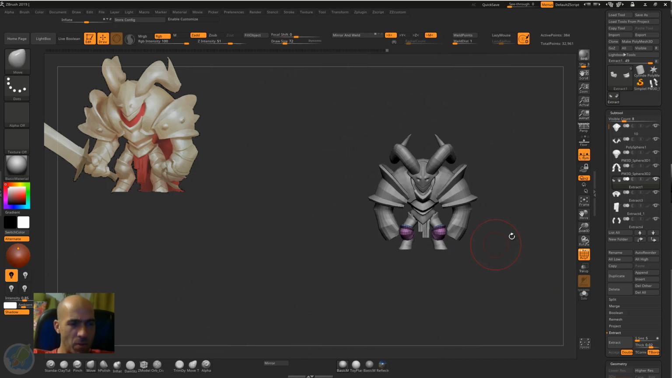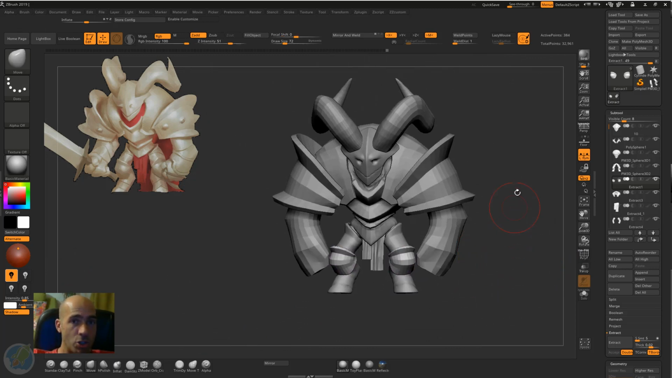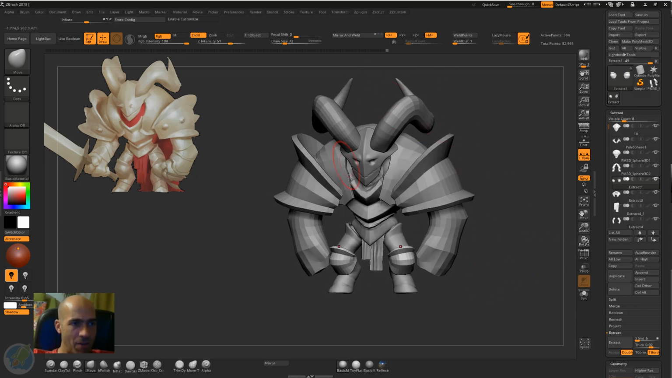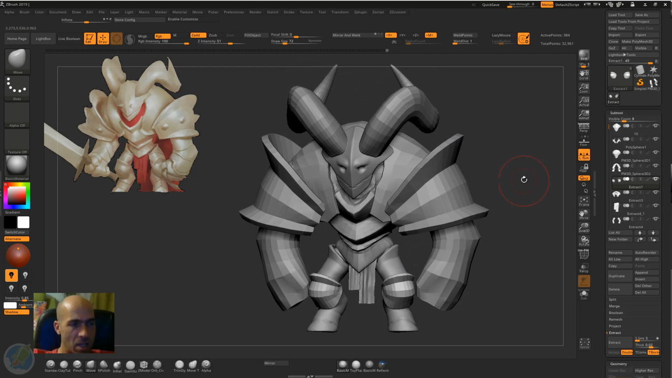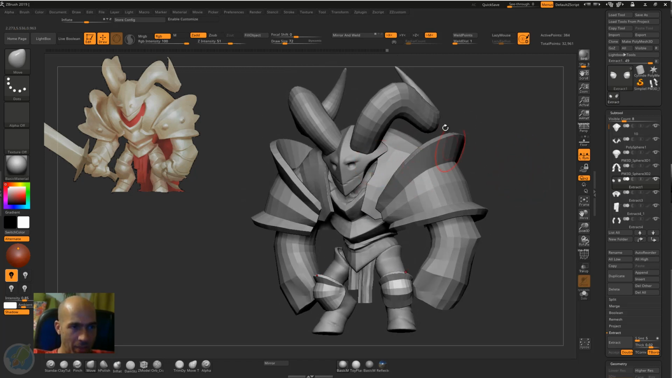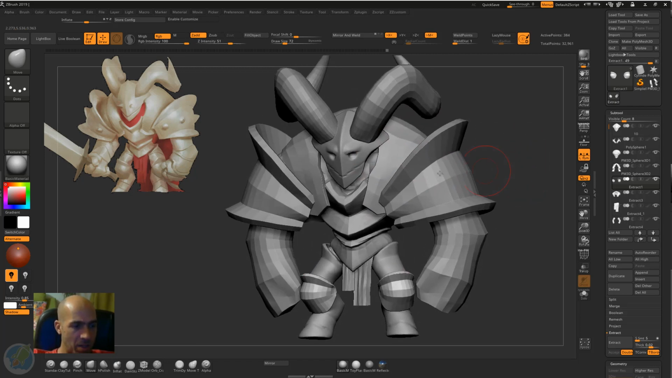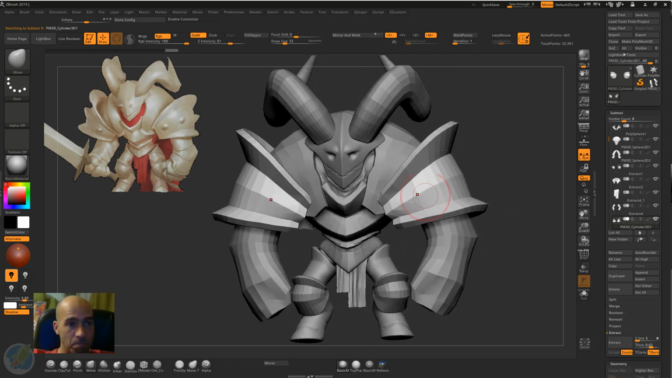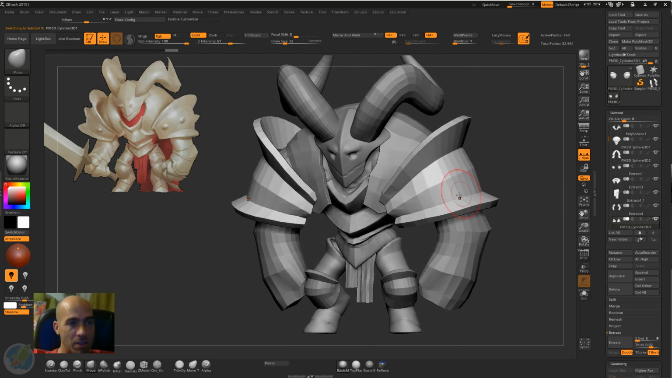Okay, I think we flipped it. So it's nice now. And now I will show you dynamic subdivision. When we have armors or hard surface like this, when I make thickness, I always use dynamic subdivision to be able to see what will be the result of my mesh after I